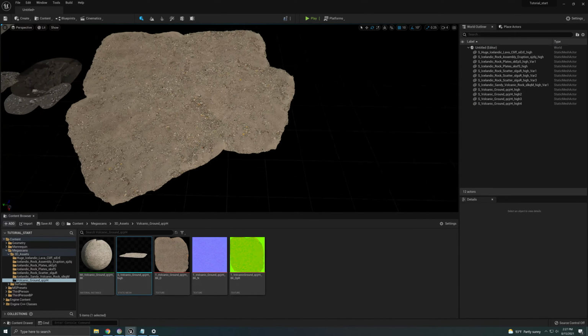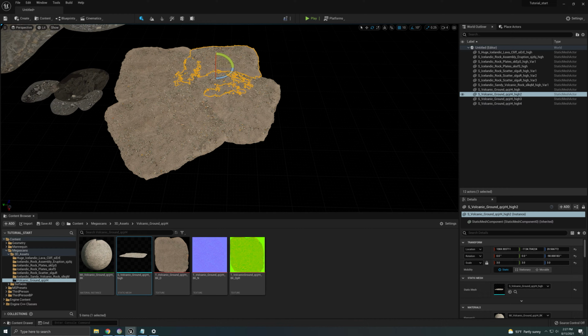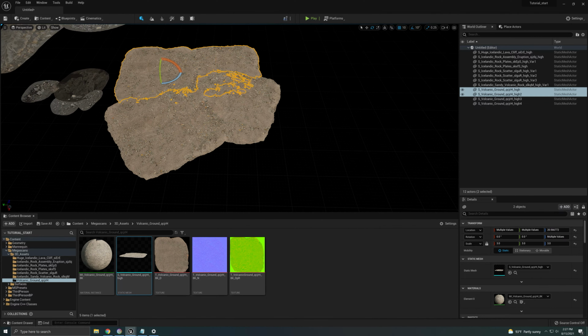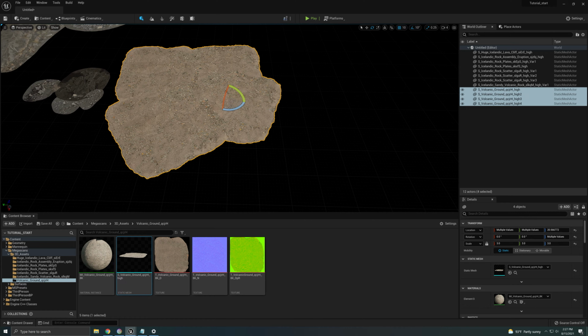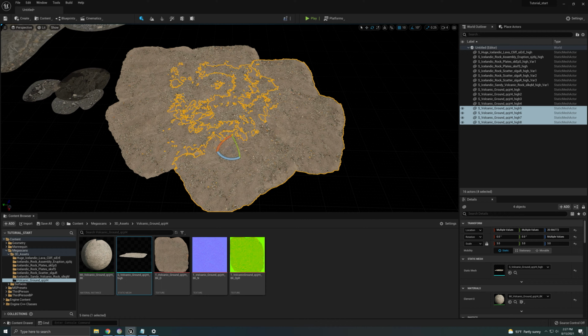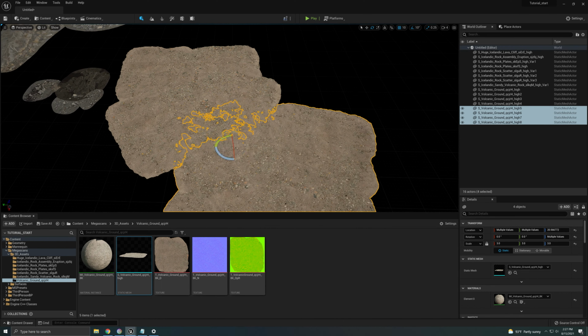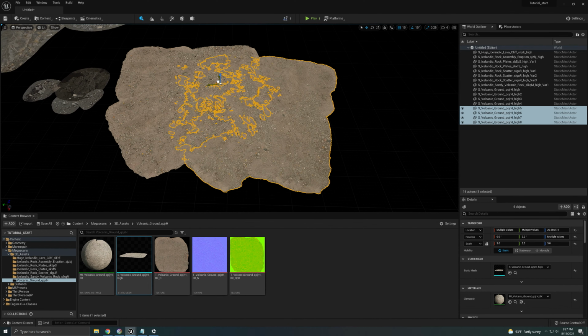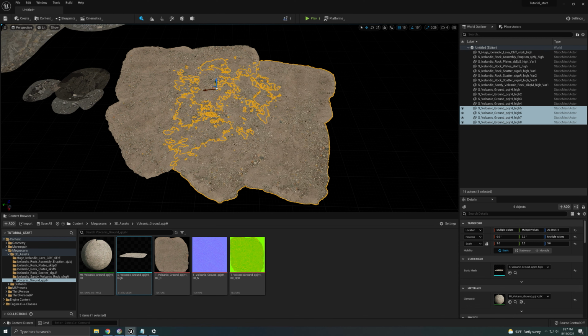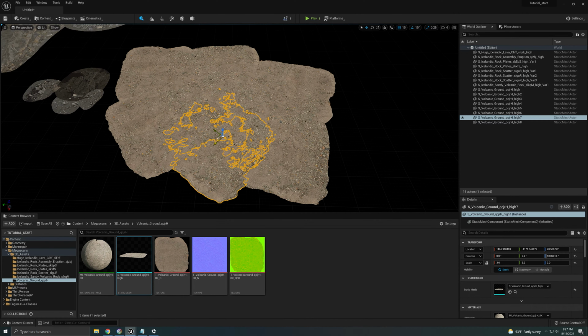So we're covering somewhat of a nice big area with this. You can actually select these. I'm holding the shift key so I can select them all, and control like that, and rotate it